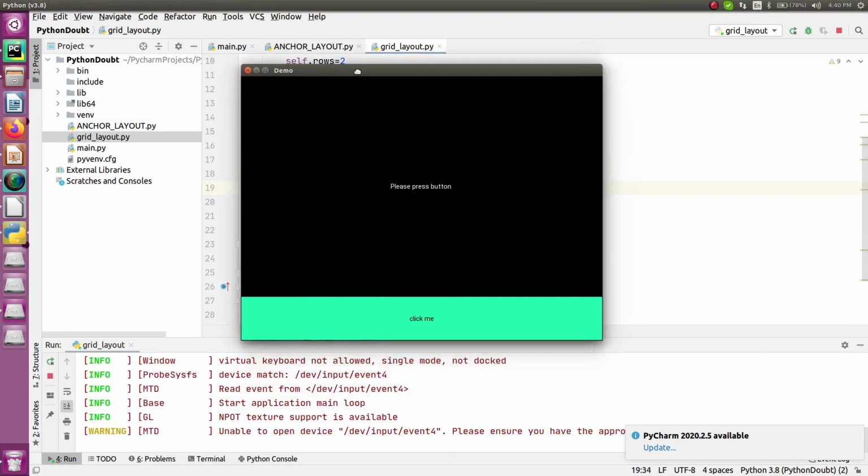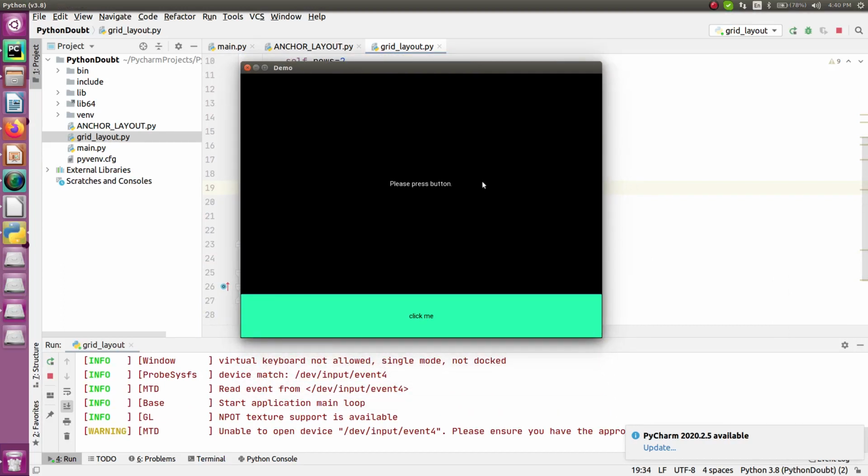See, this one is a label widget and this one is a button. So when you click, you will see an effect over here, right? You can see when you click, you will have a different color. Now you will have something like green. Now when you click, you will see the color has changed to blue. So this is how you can just set the values for it, right? So this is all about the grid layout.